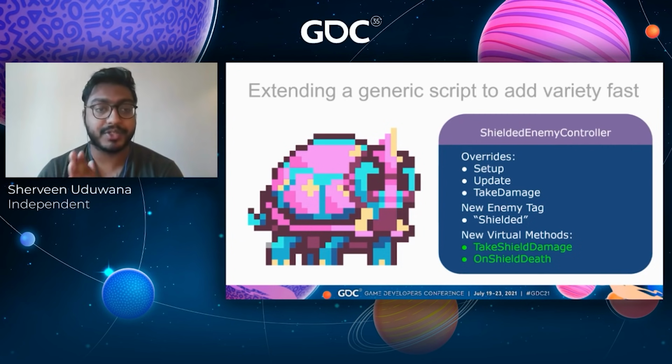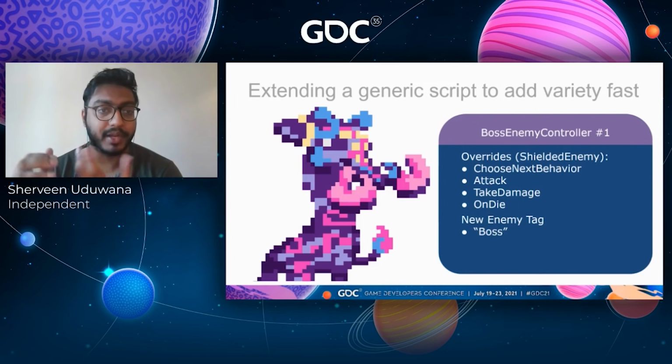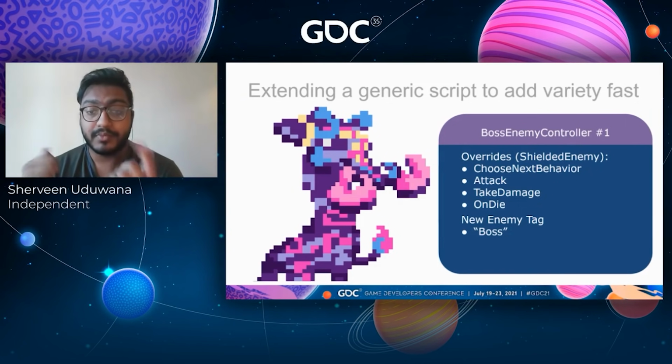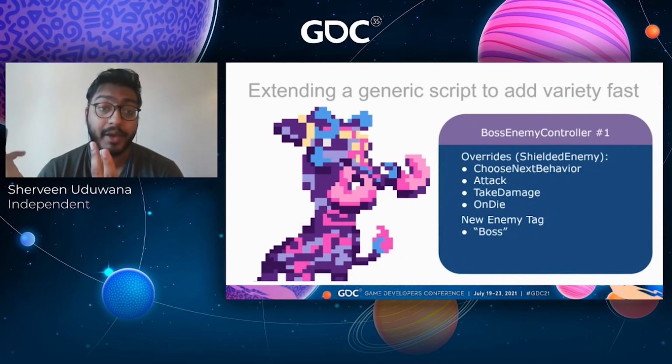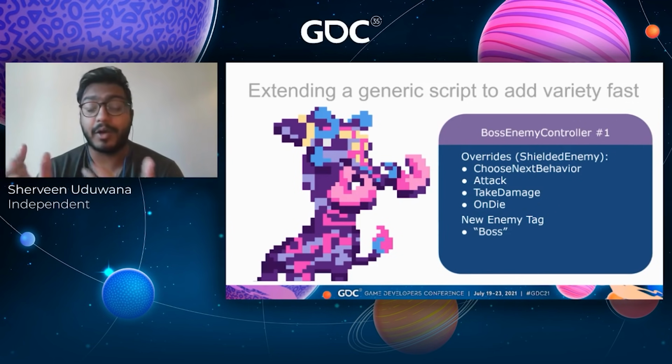And once I had these first 3, then I moved on to making a quick boss enemy, right? It was really simple to do this. And the really cool thing about this is you can make bosses really unique really quickly when you have all of these virtual methods to modify as you want, right? So, I modified its choose next behavior method, because this is a boss enemy. It has a more complicated logic behind why it does things. It has some unique attacks. It has some special logic with its take damage.